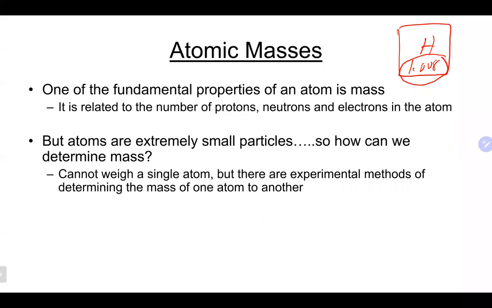So typically speaking, in chemistry and a lot of sciences, when we can't directly measure something, oftentimes what they will do is pick something to use as a standard to compare everybody else to. And for atomic masses, they basically used an isotope of carbon. They used the carbon-12 isotope as the standard to compare everybody else to help determine the atomic mass. Something like carbon-12 has a mass of exactly what is known as 12 AMU, which is 12 atomic mass units,